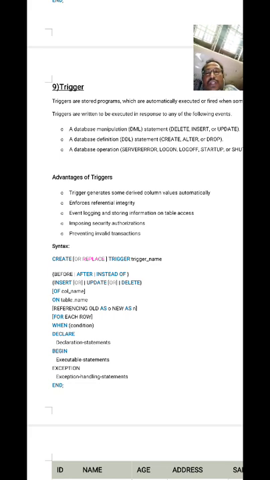Triggers are very useful, and this is very important for the theory examination also. So I will give a brief introduction about triggers, and where we have to use them. Triggers are used for security purposes. By using them you can maintain some part of the security. Triggers are stored programs. It means when you attach a trigger to a table and you touch the table, the trigger is executed immediately first.